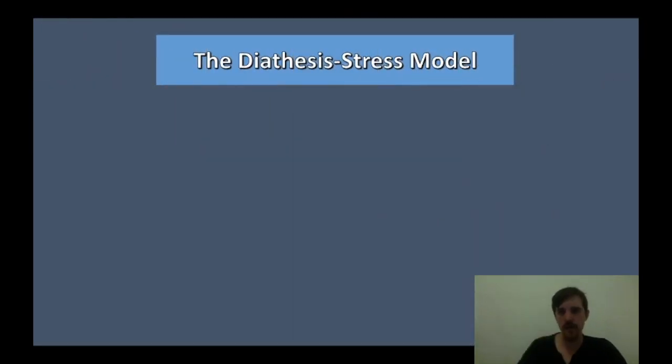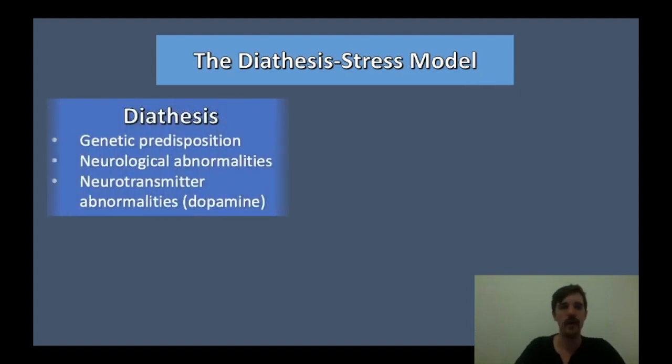So part of this is what's known as the diathesis-stress model, and hopefully you would have learnt this from schizophrenia. If you haven't yet, you will. The diathesis part is your genetic predisposition. So you might have a predisposition towards something, like a neurological abnormality. There's a slight neurotransmitter abnormality there. It's not quite producing something, or it's prone to collapsing very easily.